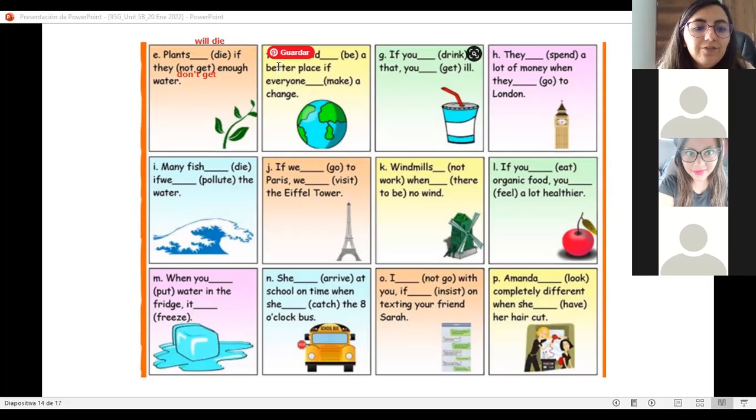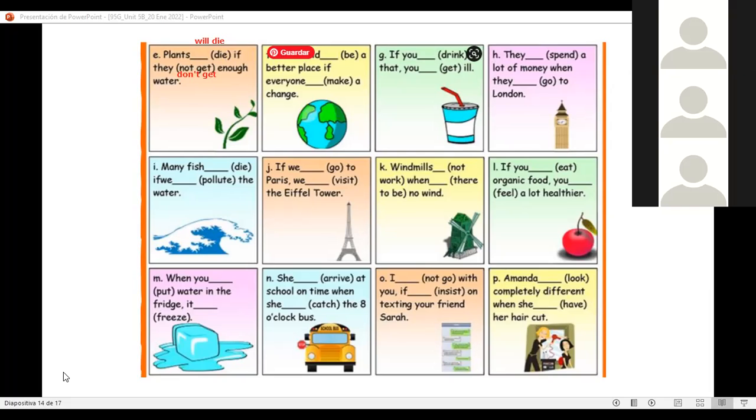We have many fish. Muy parecida. How would it be this one? Let me ask Dani Díaz, ¿cómo nos quedaría esta?